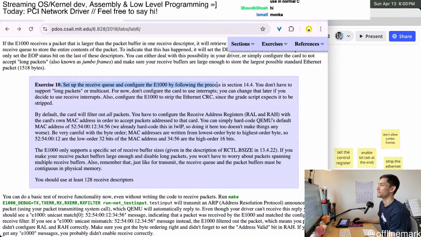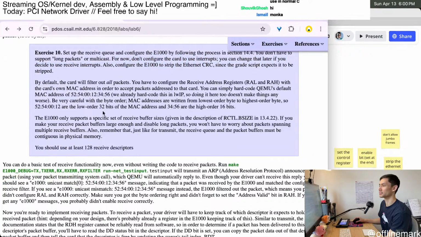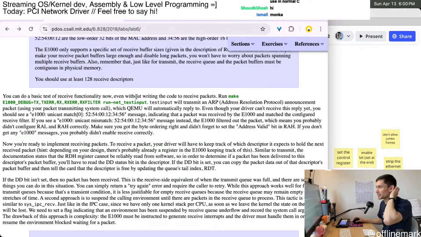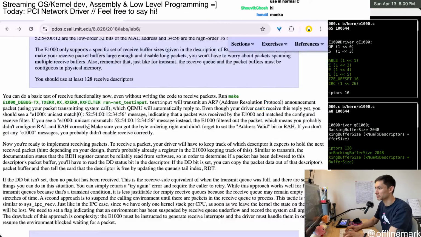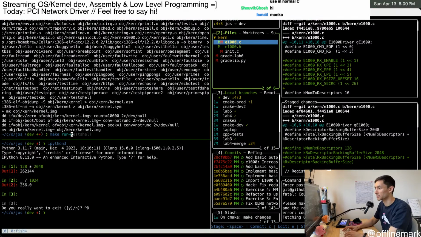Set up the queue, blah, blah, blah. Don't, no interrupts, strip stuff. Set the address. You can do a basic test of functionality. Okay. I don't know what will happen, but let's do make run net test input